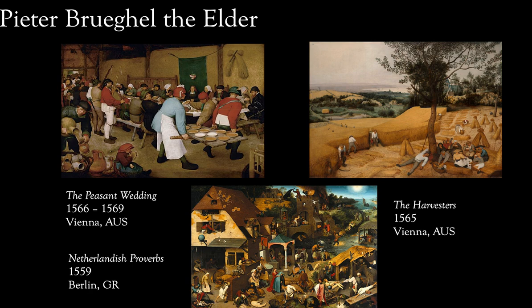That's why he's known for these paintings of peasants and landscapes. In fact, he's one of the first artists to feature peasants as subject matter in his art. That earned him the nickname Peasant Brugel instead of Peter Brugel. All right, so let's look at a few examples of his work. In the top left corner, you see a painting that is called The Peasant Wedding. This is an oil on panel painting, currently located in Vienna, Austria. And you can see there's a use of perspective here with the room receding into the background.